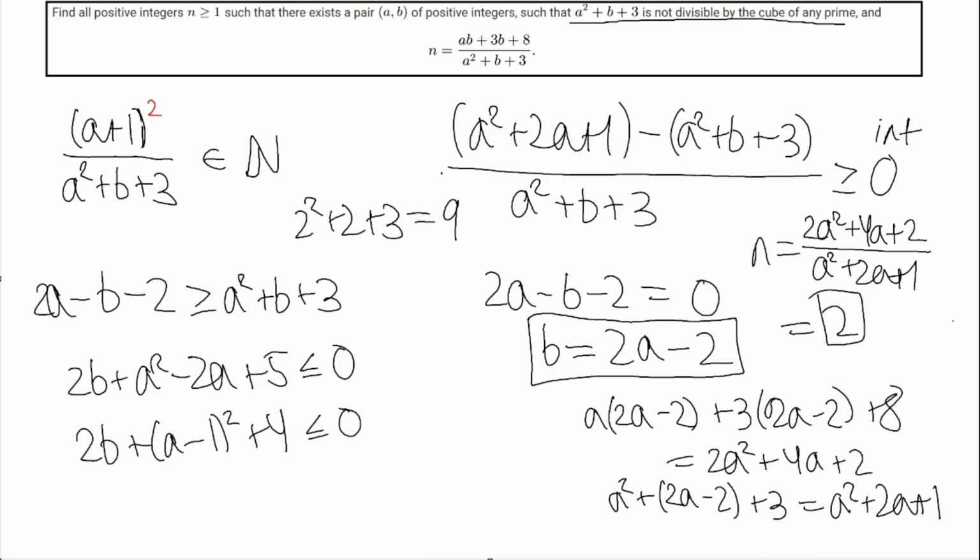So the thing to take away from this problem is that we always want to divide out factors that are annoying, such as the b and the a plus 3 here. And when we get to this here, we want to try using the problem condition. Because we originally had a 3 there, but by using the problem condition in a very smart way, we get rid of that. And at this point, we just get rid of the dominating factors, which is a squared and a squared, and we use size. This is a very common technique in proving that a number is an integer or trying to find when it is the